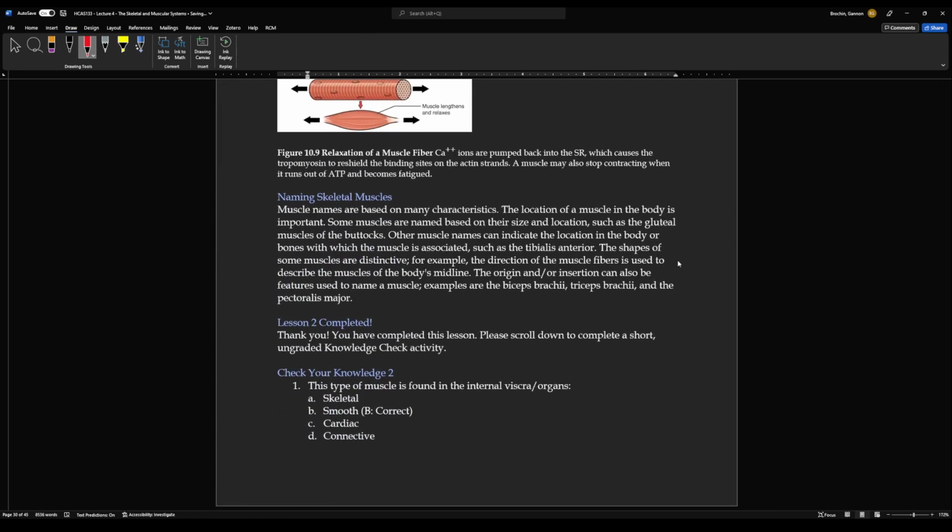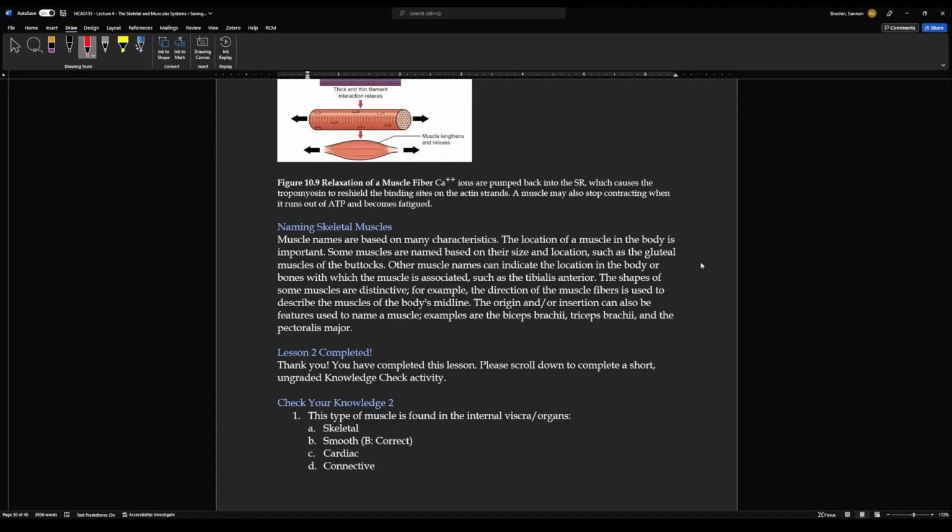Next, looking at naming of skeletal muscles. So really, skeletal muscles often have great names, right? They are often named for the actions that they do, what they attach to, what they're next to, or kind of any combination of the above. For instance, we can talk about their shape as well. That's another good one. Deltoid is a